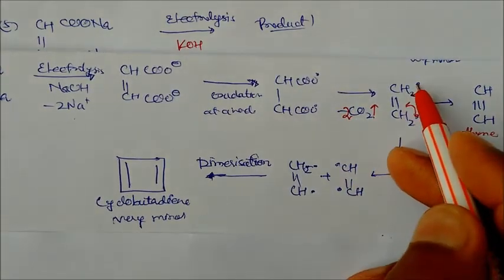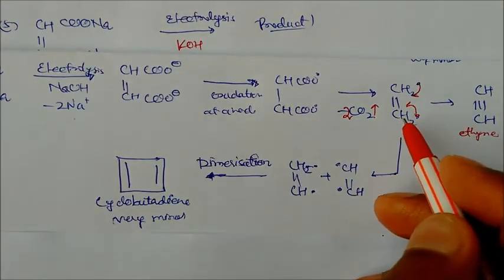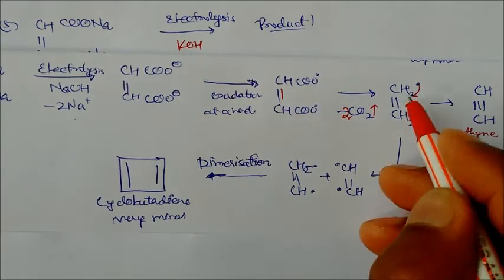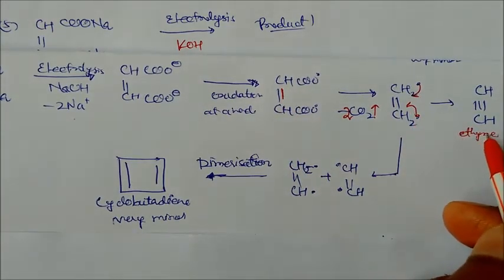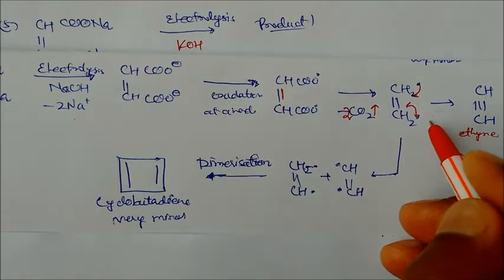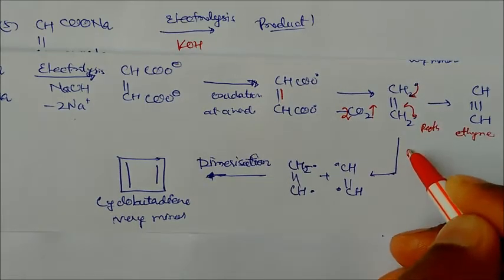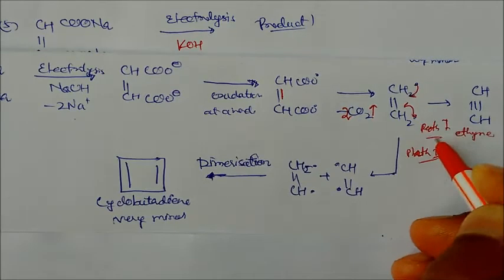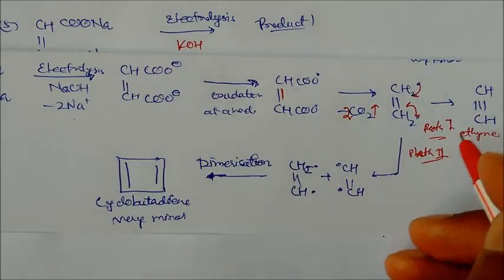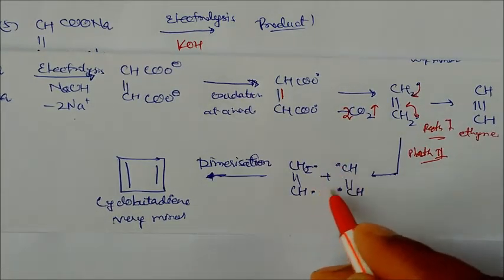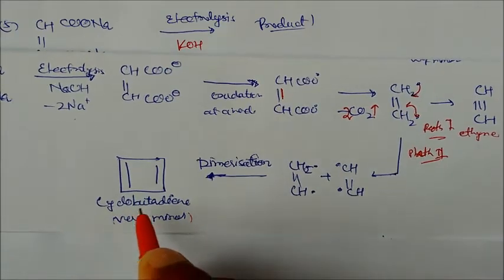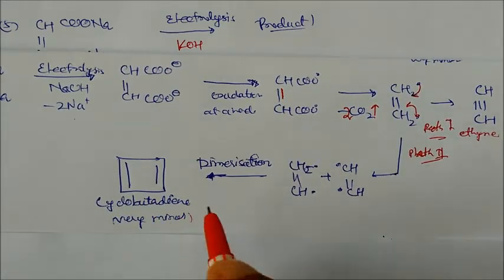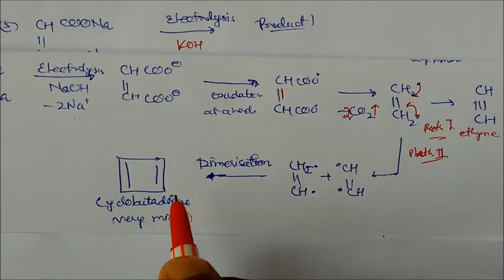Now this free radical will convert into, so this is a double bond. So there will be a chance of a triple bond. There is one more. This is the one path. So there is a next path, path number 2. This is path number 1. So in path 1 ethane is there, and in path 2 the 2 double bonds will dimerize. So you will get here cyclobutadiene. This is your minor product. So there are two possibilities, path 1 and path 2, minor and major.